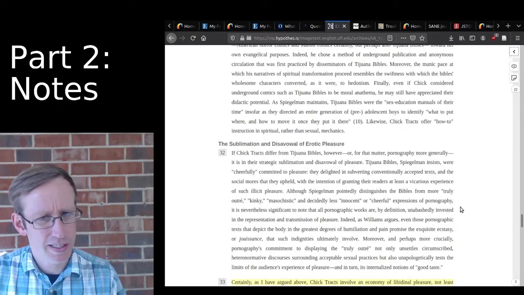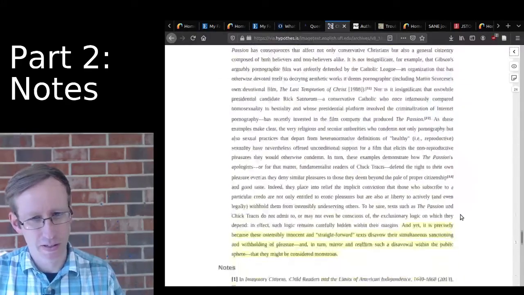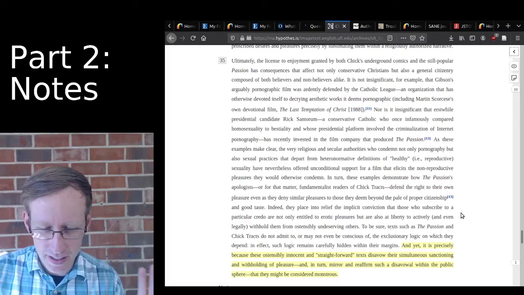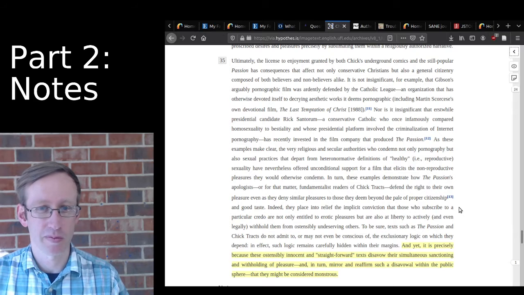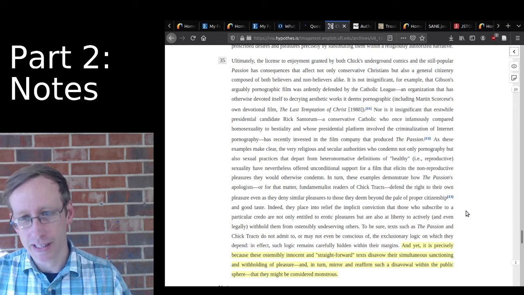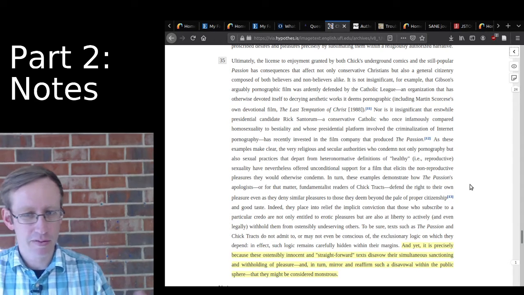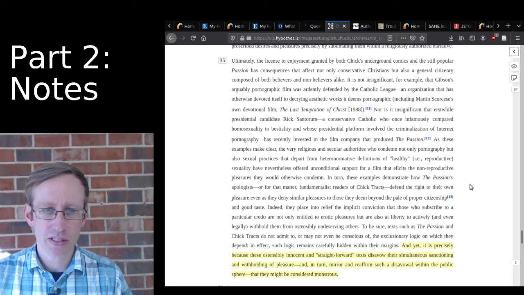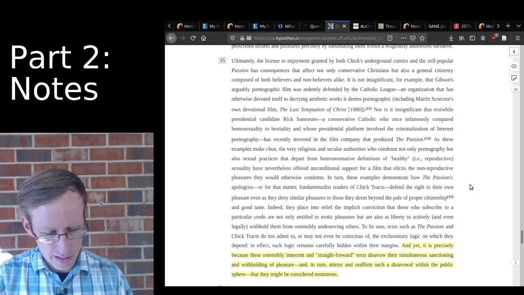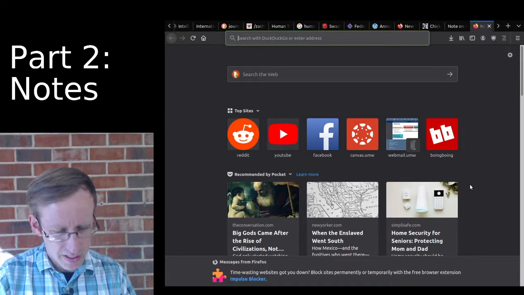Yeah, the sublimation and disavowal of erotic pleasure is where she ends this article. And a really interesting observation about anxiety about sexuality that is pervasive in fundamentalist culture. That's something that exists outside of this article that she draws a connection to through Chick here. So really interesting. And if you want to know more about Chick tracts, I believe the website is just chick.com,